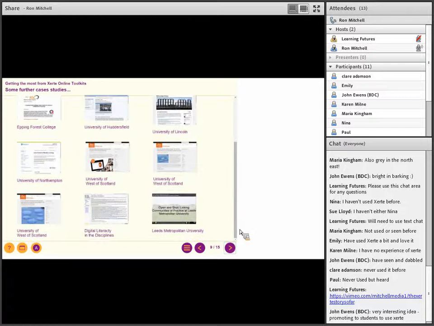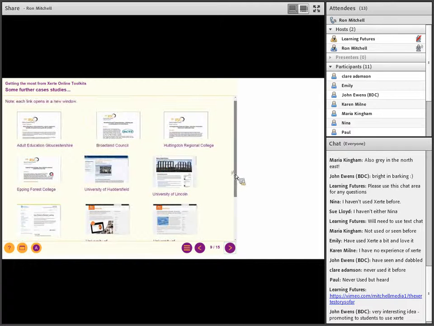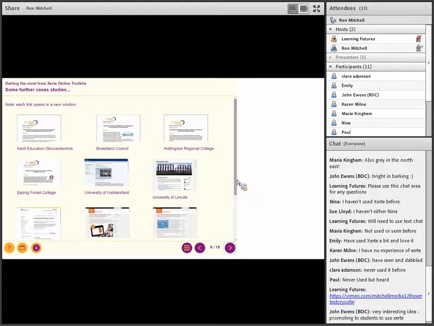But the rest of them are all still live case studies, and as I say, you'll be able to explore them. A common feature of all of these is just how frequent it's become the norm for organisations and individual tutors to exploit this ability for students to use the tool. And some great examples of learning objects that students have created either individually or as part of collaborative peer work, and so on.